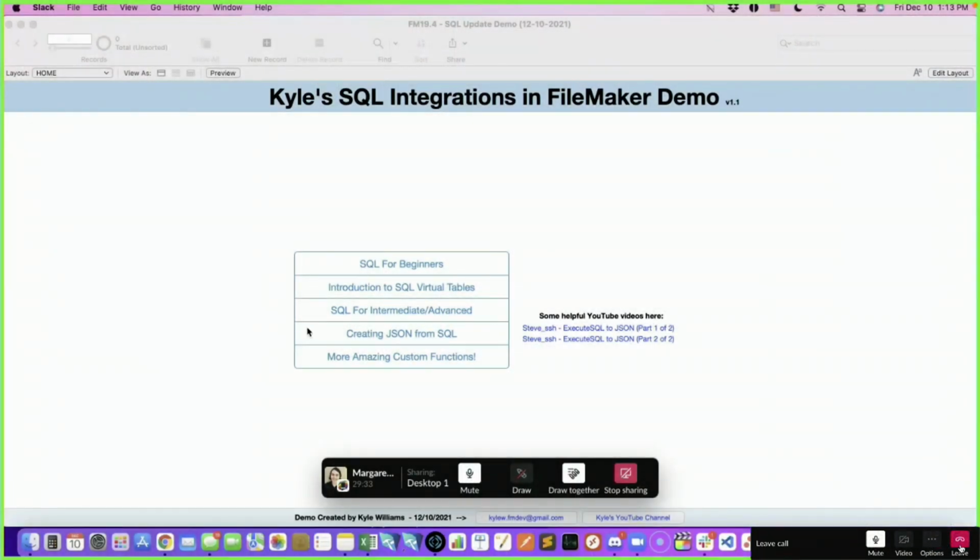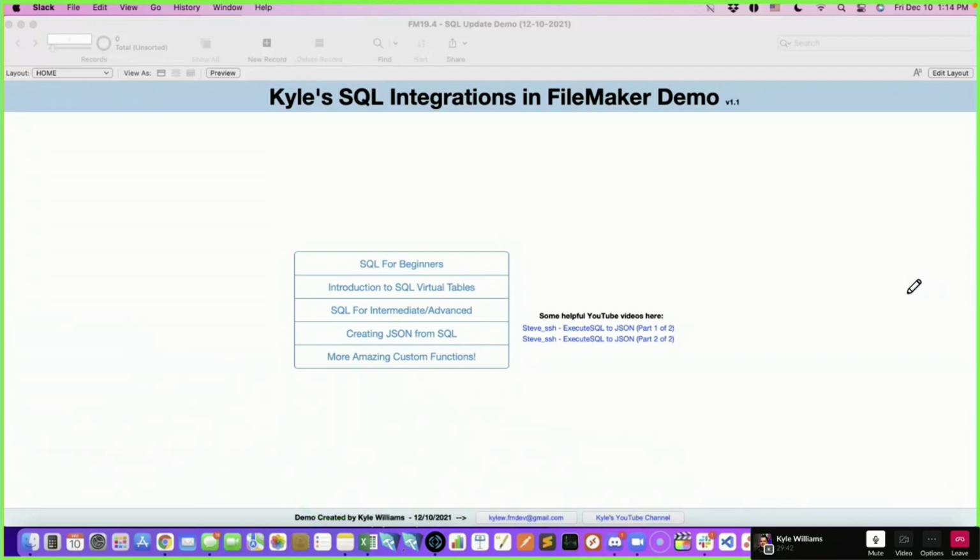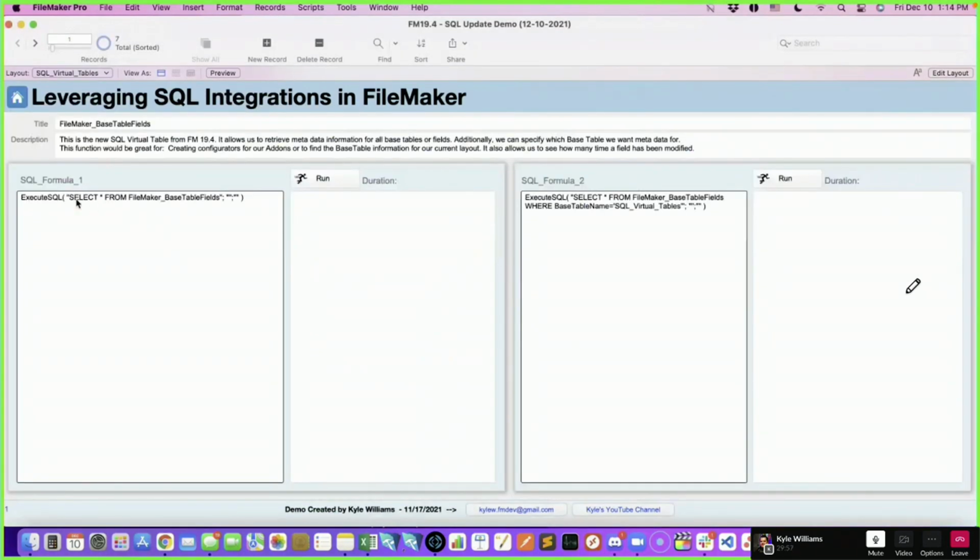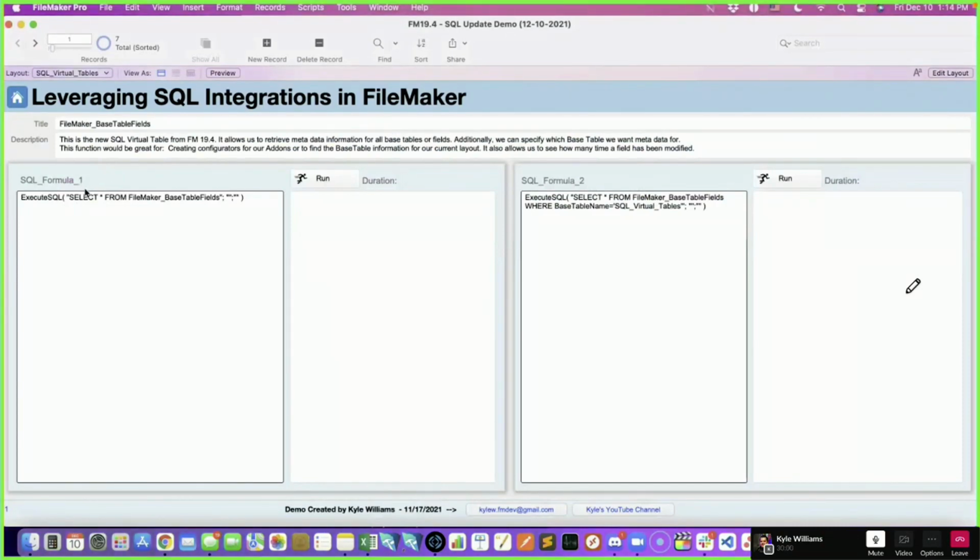Welcome back, everyone. Last time we discussed SQL for beginners. We got into the introduction of SQL virtual tabs, and let me move that out of the way. Today we're going to continue the introduction to SQL virtual tabs, and then get into SQL for the intermediate to advanced developer. So last time we jumped ahead of the schedule for the day, so we're bouncing back to this, and we're going to discuss